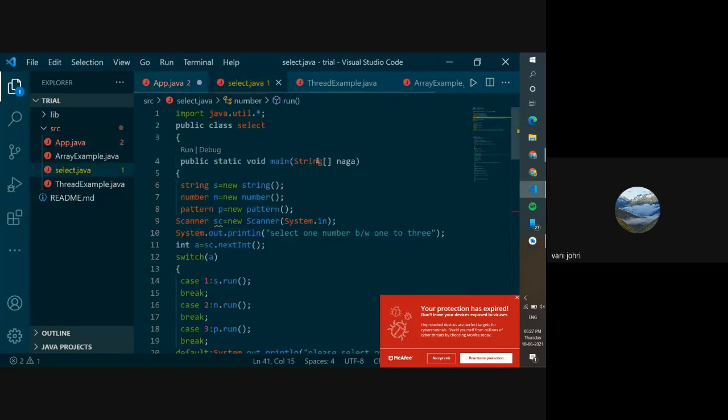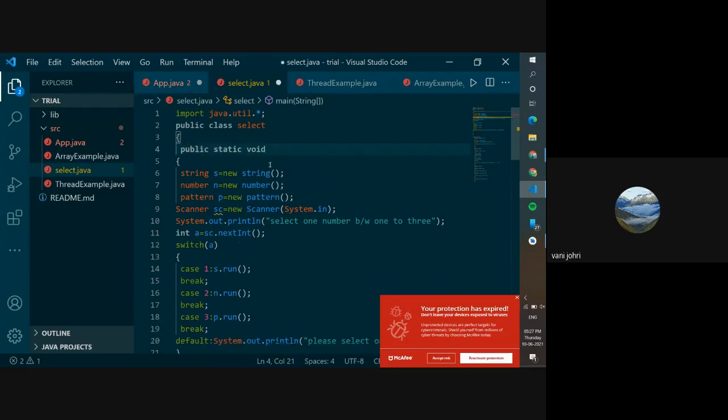Did you make this function? This is correct. I'm just doing it because I'm calling it from another function. If I would have, because I already have a main, that's why. So I'll just name it select.